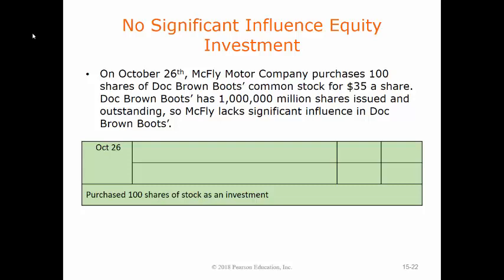So we're going to record the purchase of this asset under our equity investments account. And we're going to put it on the books for the price that we paid to acquire this asset in the first place. We're buying 100 shares at $35 a piece, which means we're going to spend $3,500 to acquire this investment. We put it on its historical cost. We debit equity investments for $3,500. We're paying cash to acquire these shares of Doc Brown Boots' stock, which means we're going to credit cash to decrease our cash account by the price that we're paying, that $3,500, and the journal entry to record the purchase